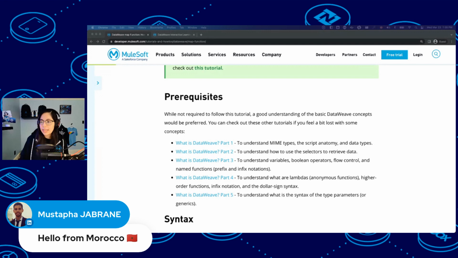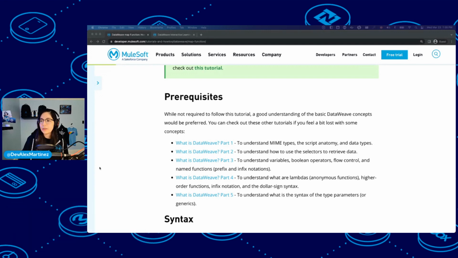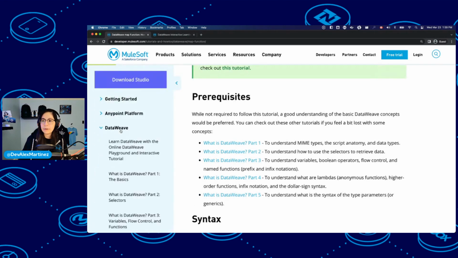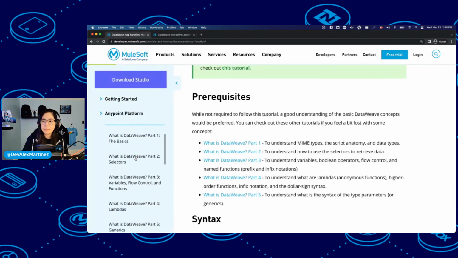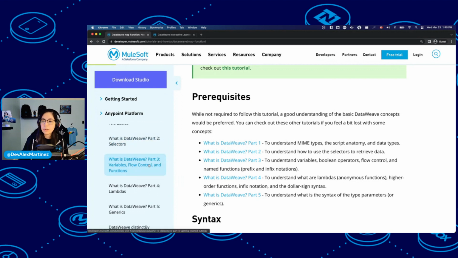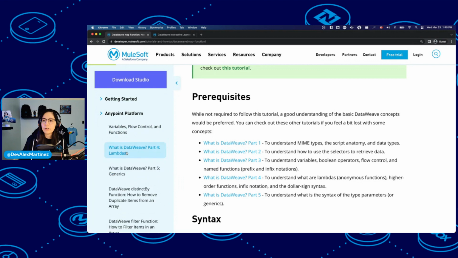We strongly recommend that you go through these other parts. So what is DataWeave part 1 through part 5? You can also find it here in this side. 1 is the basics, 2 is selectors, 3 is variables, flow control, and functions, 4 is lambdas, and 5 is generics.